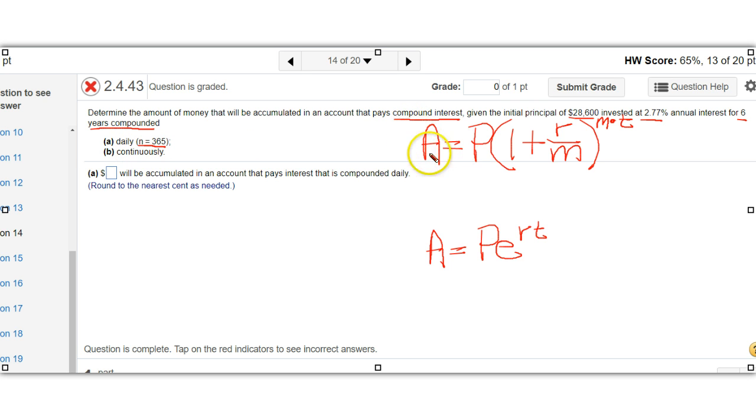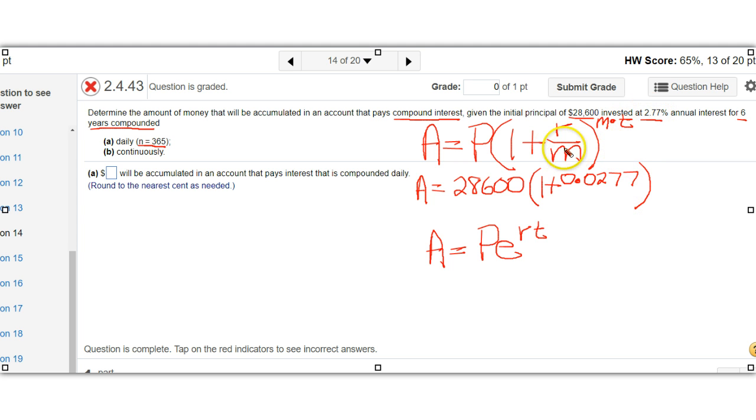Okay, so let's just substitute into this first one here. So we don't know the amount. Now we know the principal is 28,600. 28,600 times 1 in parentheses plus the rate. Now we have to convert the rate to a percent, so it'll be 0.0277,